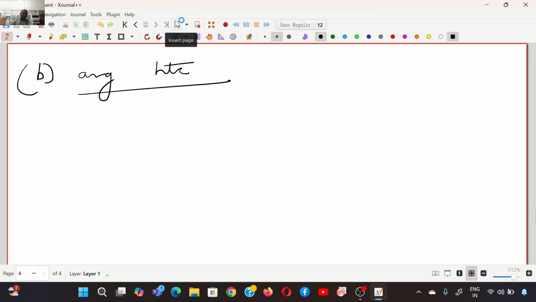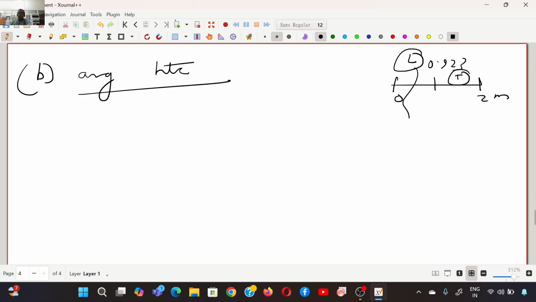How do you think we'll get that? See, this is a flat plate, 2 meters long. Till 0.923 meter, this is laminar and this is turbulent. You have one expression for heat here, you have another expression over here. So you'll just do an integral average, right? To get the h average,